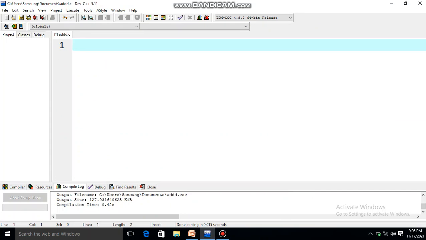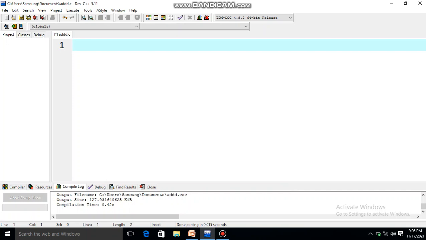So now we are going to find out the largest of two numbers using the ternary or conditional operator. I have already shown you the syntax of this operator in the last video. You can check the last video to see the syntax. So here I am just going to write down the program. Now what is my aim? To find the largest of two numbers.